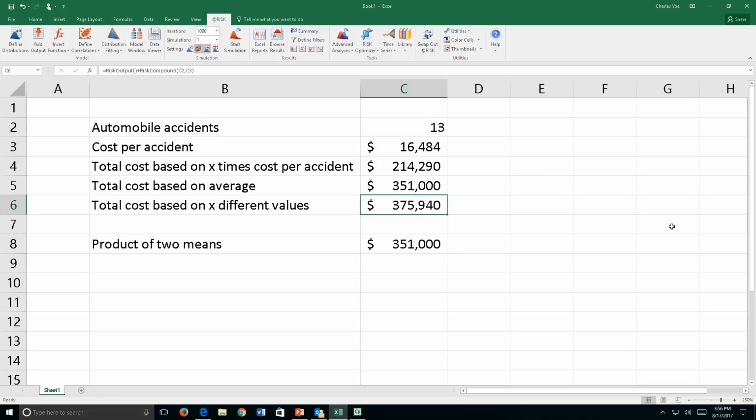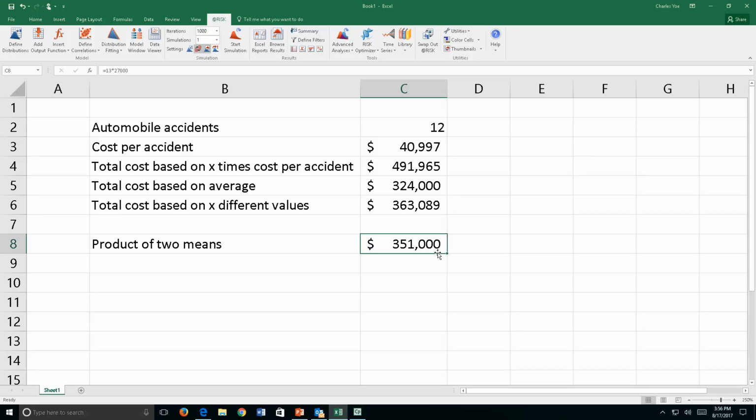Here it sums $375,000, 13 different observations, and so it would go. If we take the product of the two means, 13 accidents times $27,000, that equals